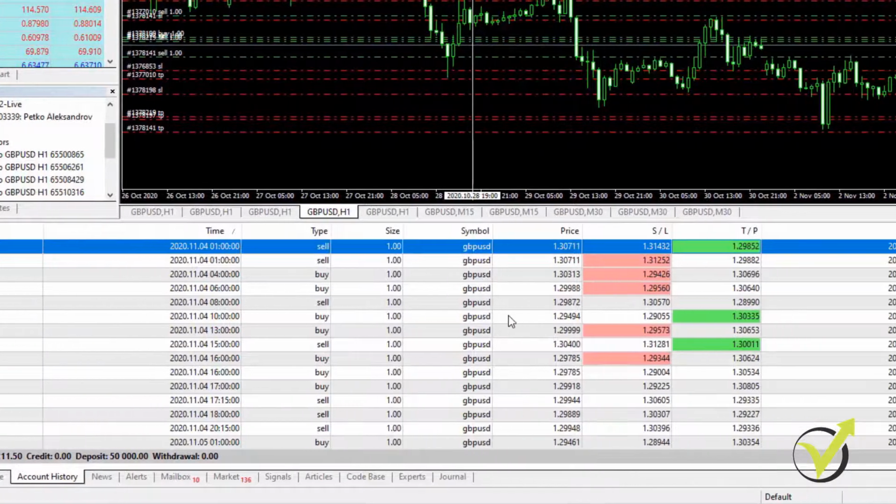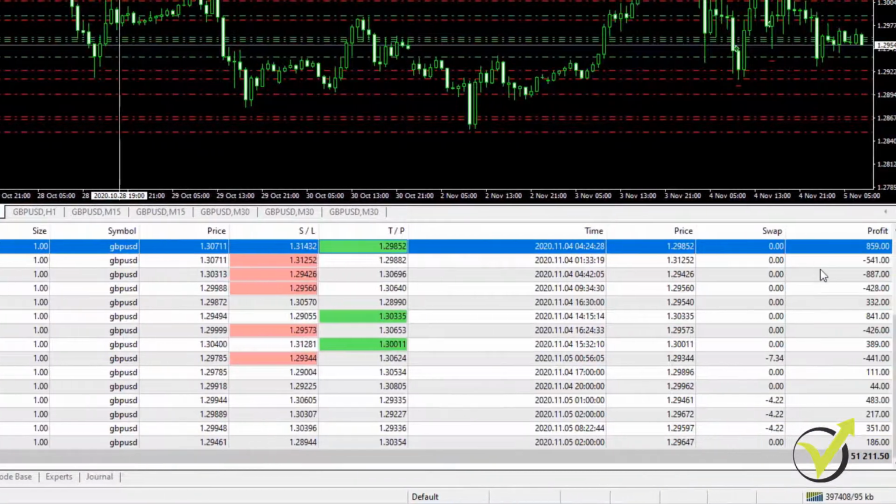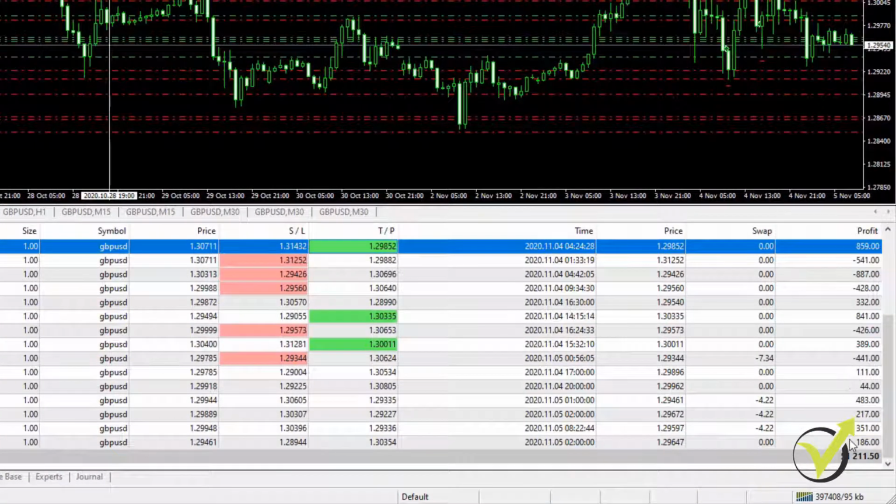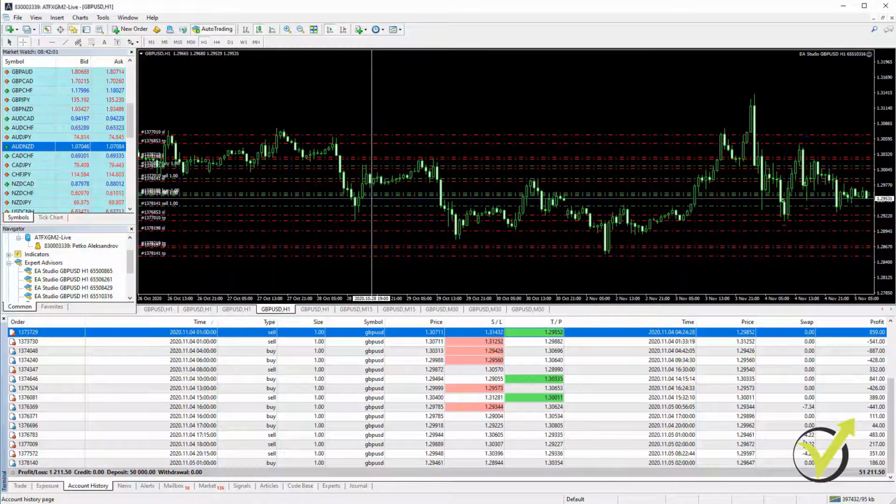Alright, and you see that there were losing trades again, there were profitable trades, quite normal. As I said, there are always losing trades, but the most important thing is to have a profitable overall performance, okay? Even if you have a losing week, maybe two, it happens, okay? It's important at the end of the month to have profits, and sometimes the strategies have losing months.